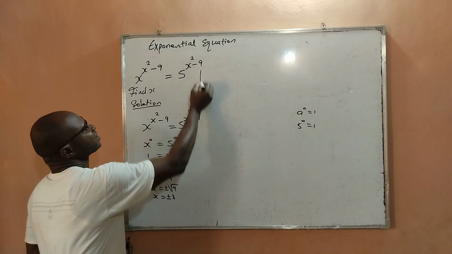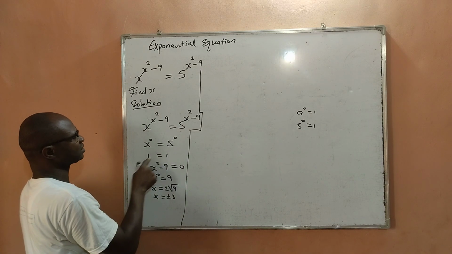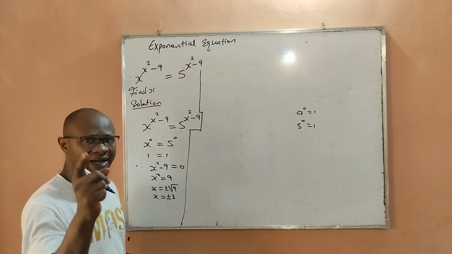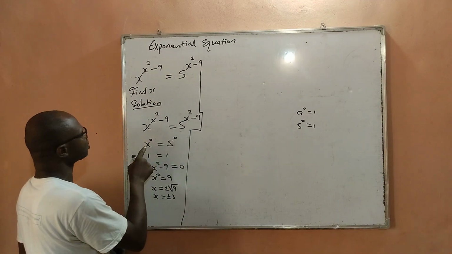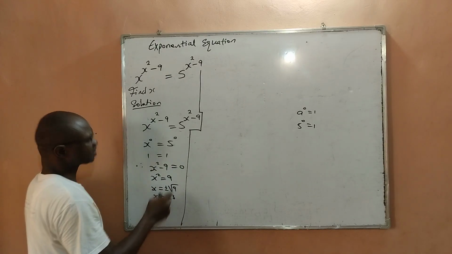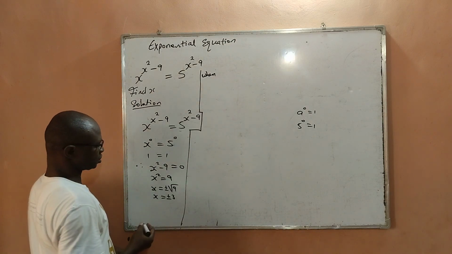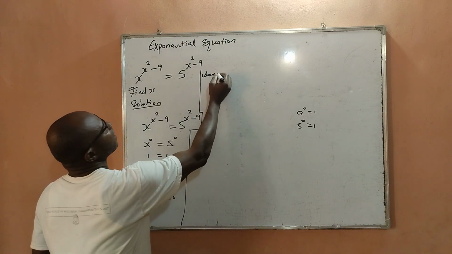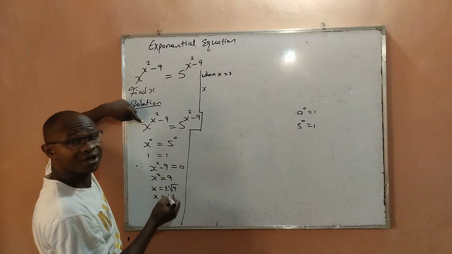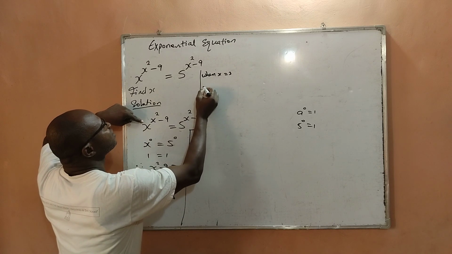Let us test it. Remember I said x raised to the power 0 is 1, 5 raised to the power 0 is 1. Now that we have gotten that the value of x that can make us get x raised to the power 0 is plus or minus 3, let us test for x equal to 3. When x is equal to positive 3, from the question given to me, I will have 3 raised to the power